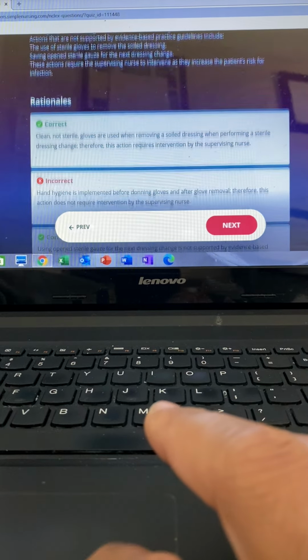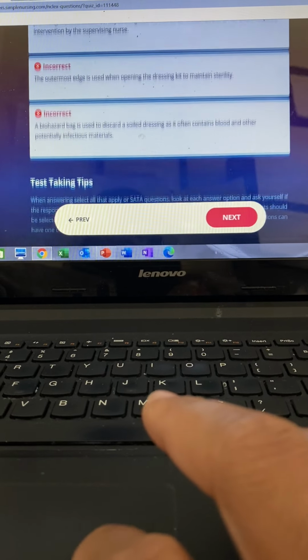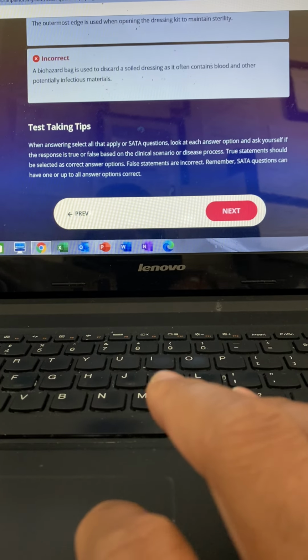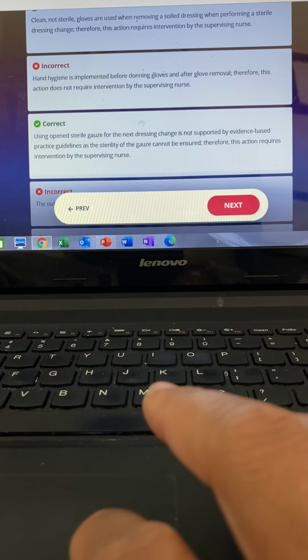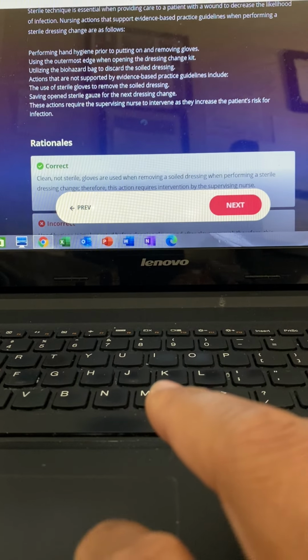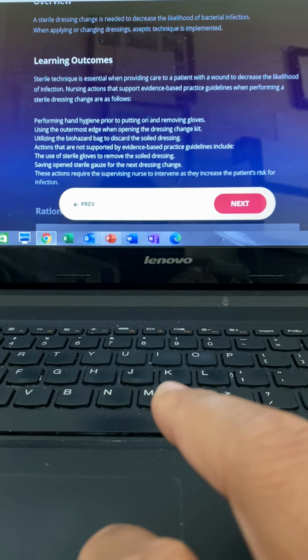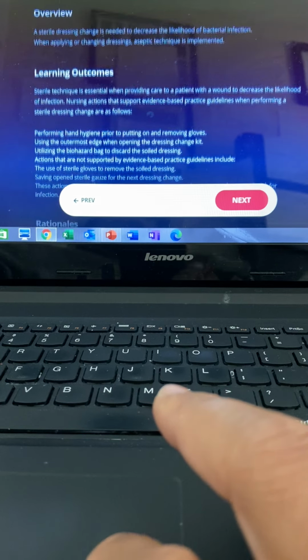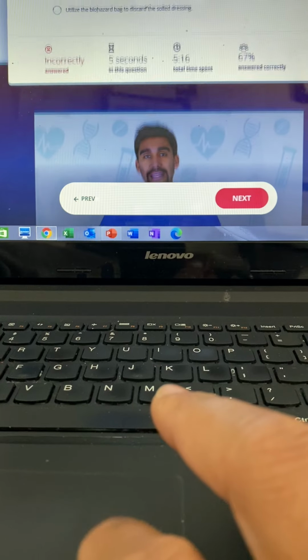And option 2 we have to skip because remember we're looking for the incorrect options. We always wash our hands before and after any care really. And option 3 we have to choose. Guys, we never save open sterile anything. Once it's open to air near the patient, it's not sterile anymore. And options 4 and 5 we have to skip since they're the correct things to do. So the outermost edge to open so you don't contaminate the sterile product, that's correct. And option 5,